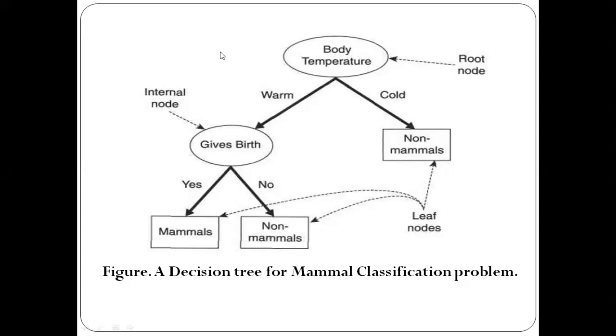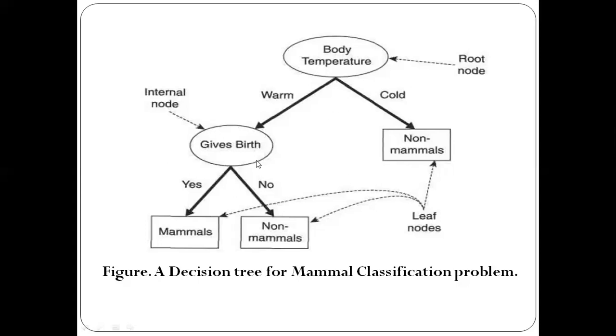One more thing is, what is this root, what is this internal node, and what is this leaf. This root is actually a node that will not be having any incoming edge, but it can have two or more outgoing edges. So root is one kind of node that will not be having any incoming edge. No edge will be incoming here. So no incoming edge will be present for the root node, but it can have two or more outgoing edges.